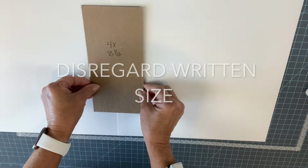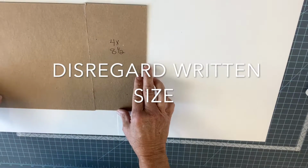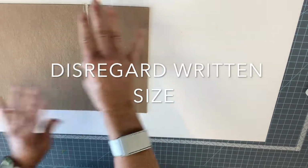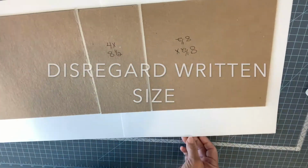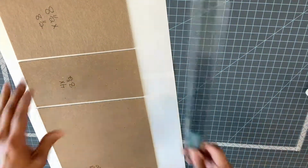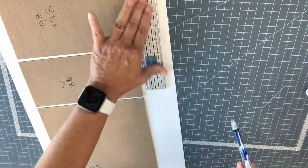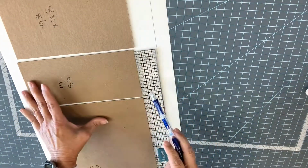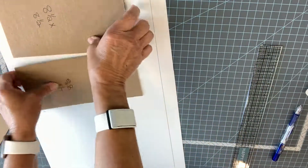Okay, disregard here. And let me tell you the story because I'm a truth teller, and this is what happened. You see that says 8.5. I cut it. I built the whole album. Beautiful cover. I'll save it for something else. I sat a page in there just to see. And I'm like, holy cow, what was I thinking? It was way too big. So instead of getting mad, which would be easy to do,